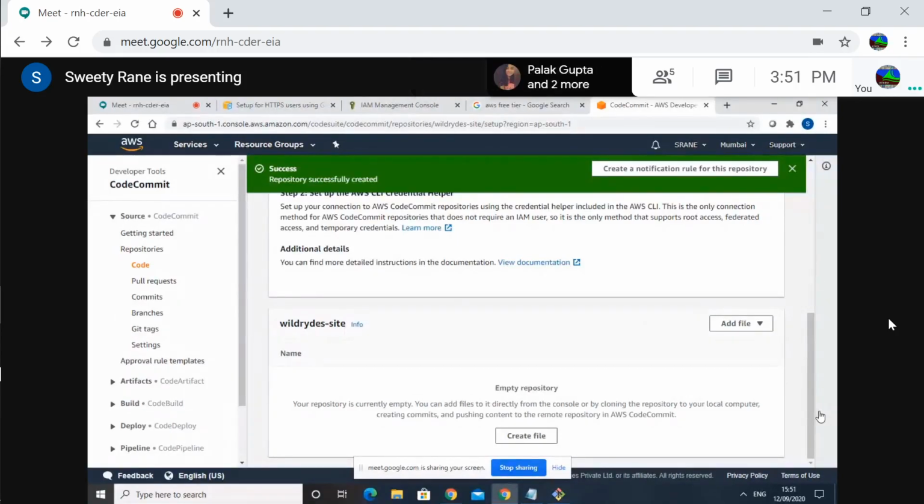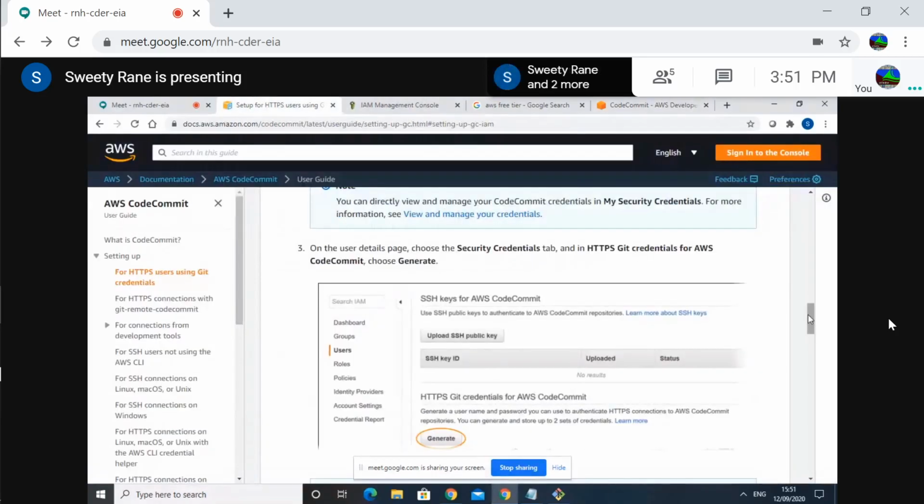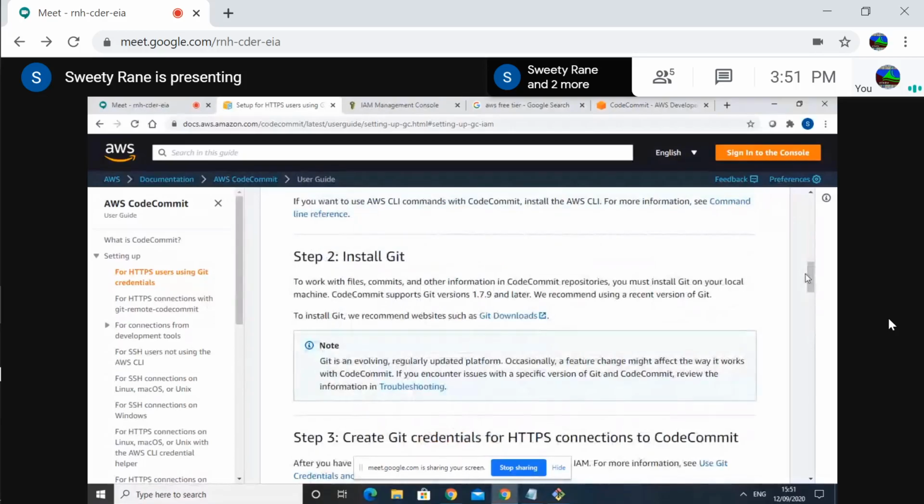No, go on top. On the user details page. Okay, not okay. Where is it? Where did the user details go?